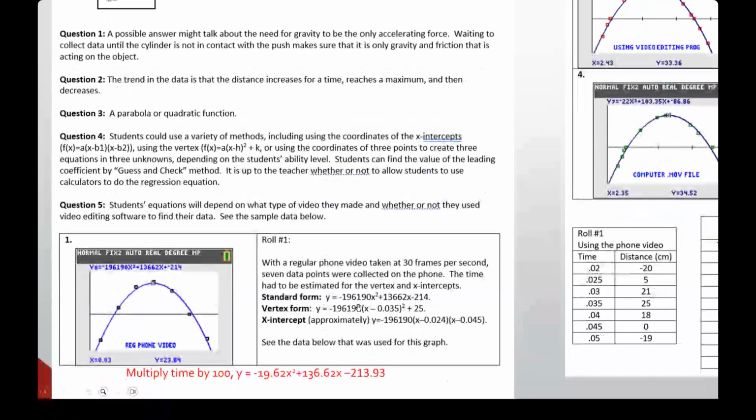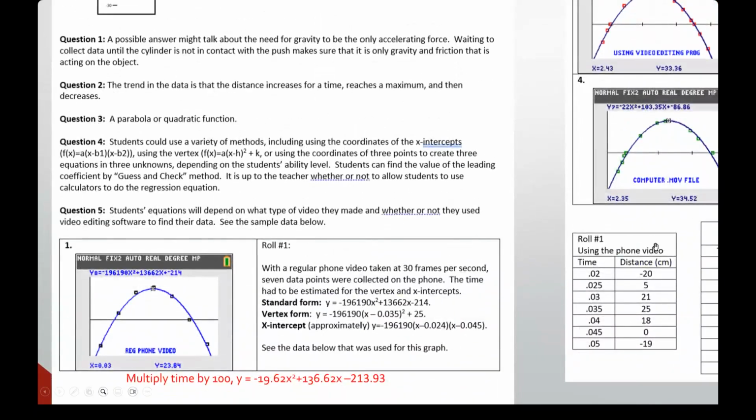But the data for these 7 data values, notice the student recorded 0.02, but the timestamp indicated the fraction of 30 frames per second. It gave a decimal, but not that small. I mean, 0.05 of a second. And I realized that the student misread the number in the timestamp. And so I'll show you how